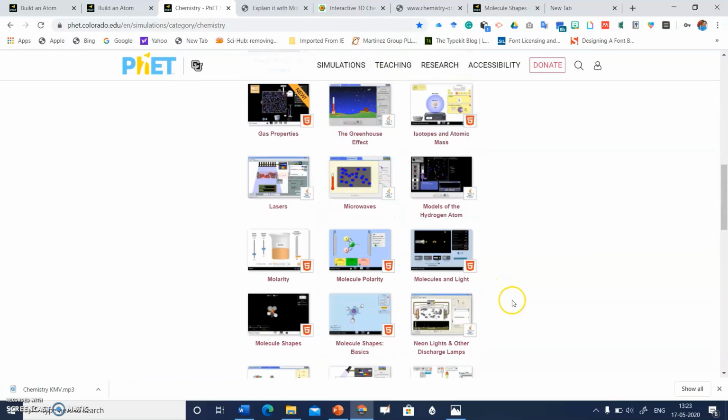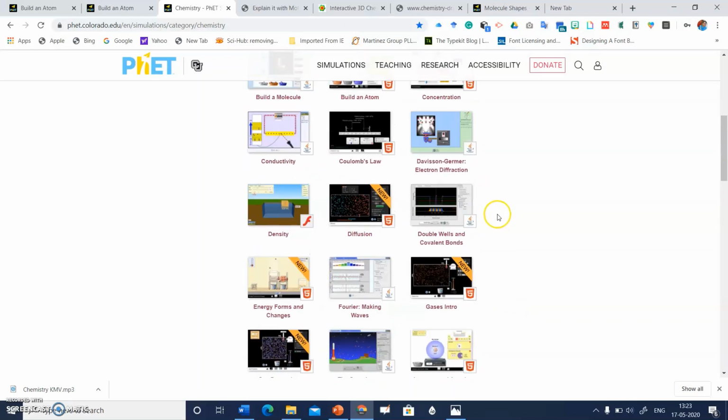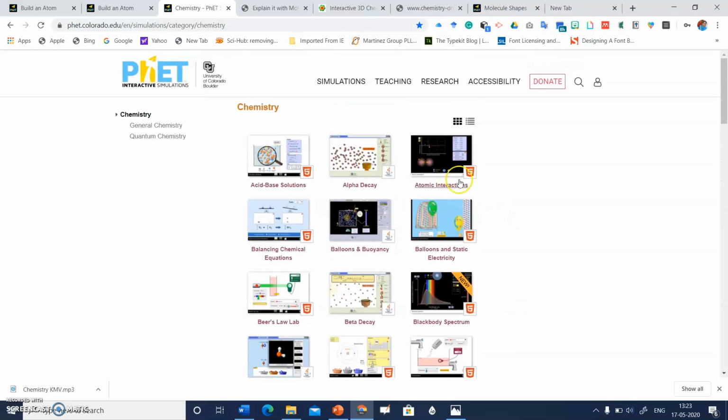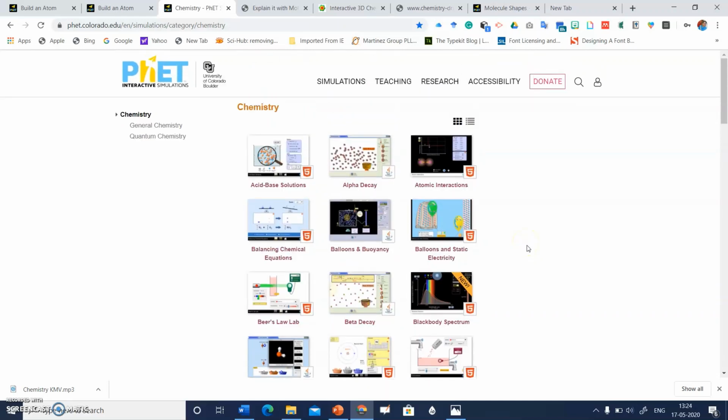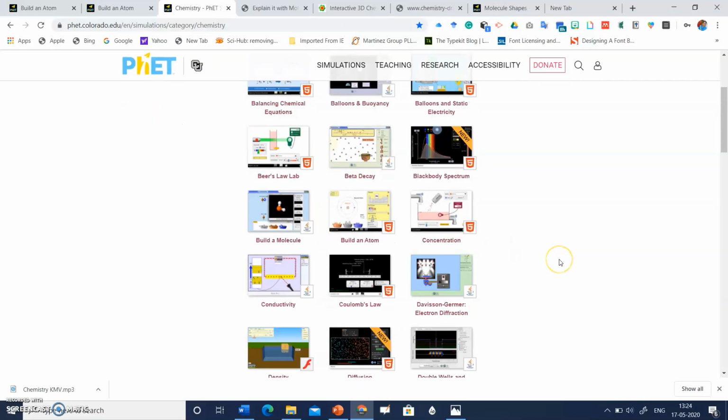So you can share any exercise which is relevant to your topic with your students, and they can first attempt these exercises. They can just have hands-on training on this exercise, and then they can come prepared with the topic in your class. So let's see how we can build a molecule.